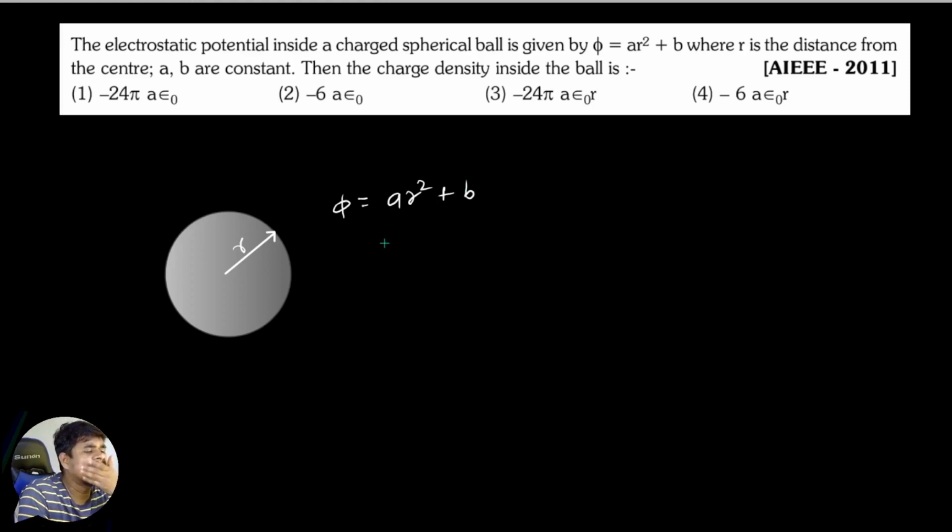So I will calculate the total amount of charge enclosed in this region, and then we will calculate the potential here. So total charge enclosed in this region will be written as q enclosed. Here if I write, then q enclosed will be 4 by 3